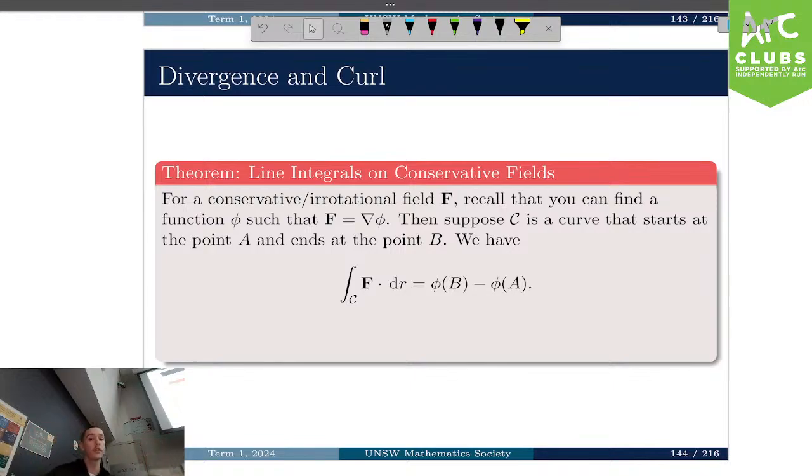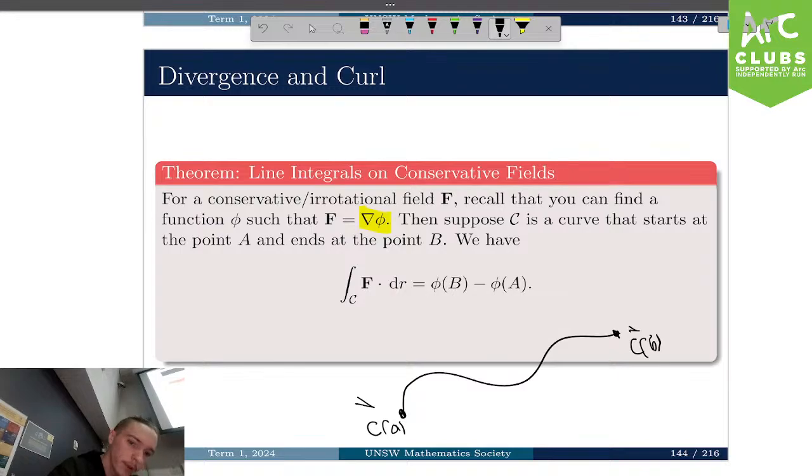And it says that if f is a conservative field, such that we can write it as nabla phi over some curve that has a start point, say like the curve looks a bit like this, C of A, C of B, then if we evaluate the line integral, we don't have to do any work. If we know what phi is, we just plug the endpoint in, we plug the start point in, and we just subtract them. So it's this really, really nice